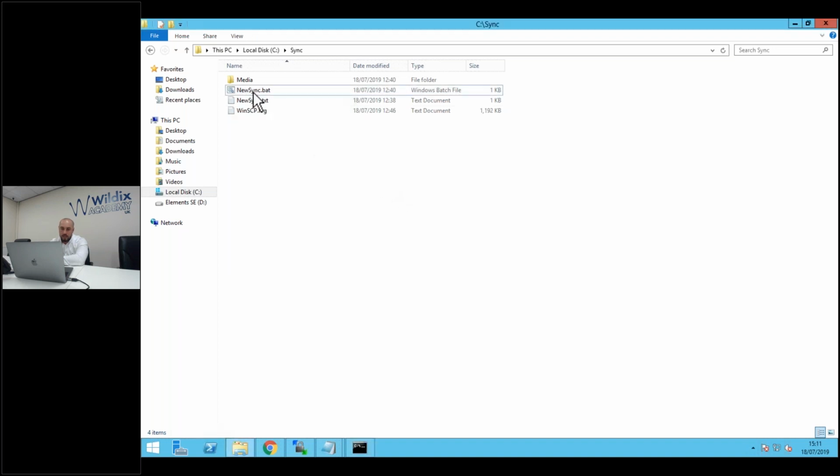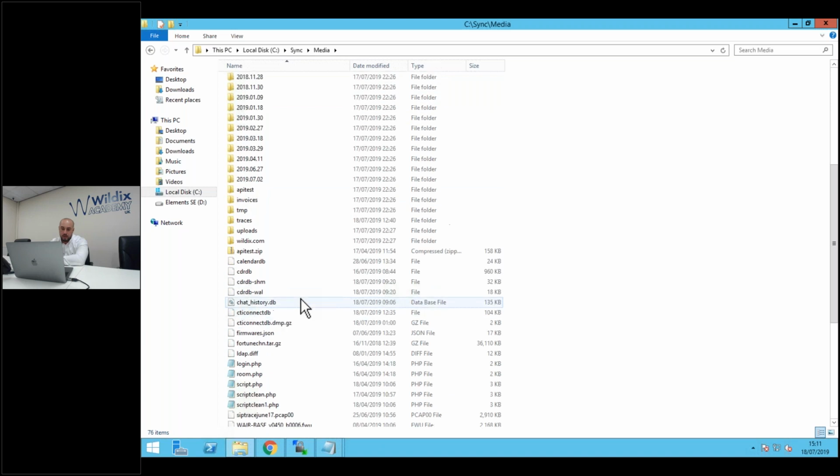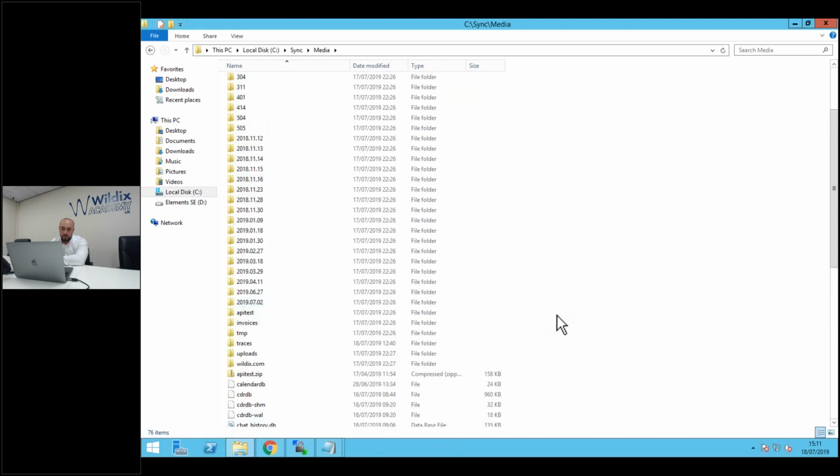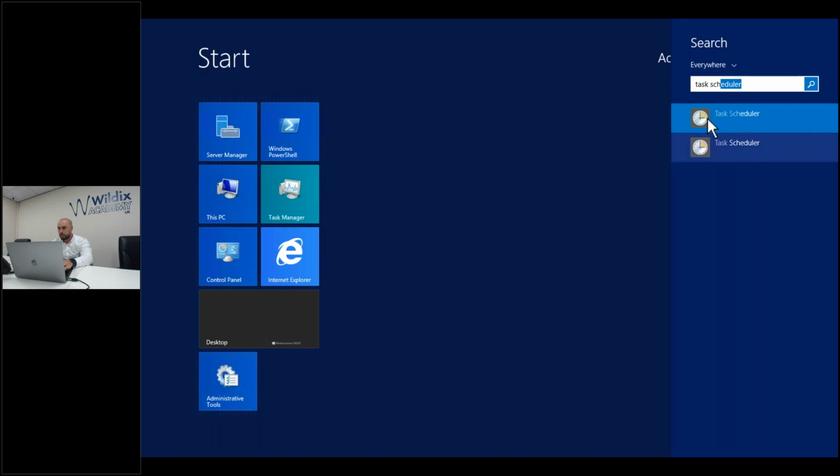And then once that's completed, this is completely up to date. And you can see that this script is actually finished as well. One thing you can do as well with Task Scheduler. So if I open up Task Scheduler,